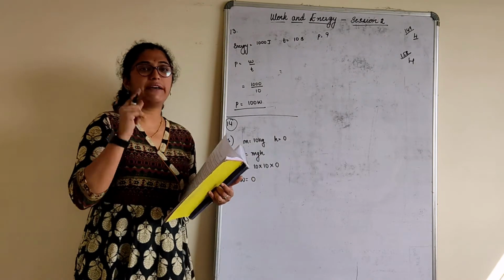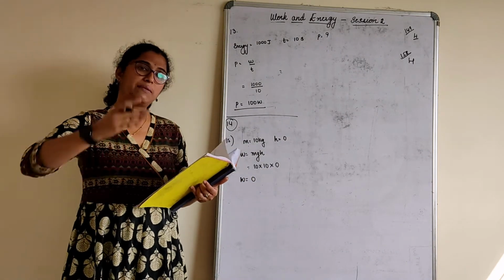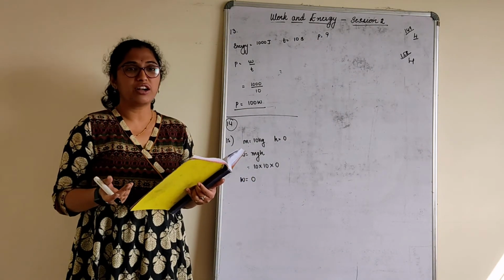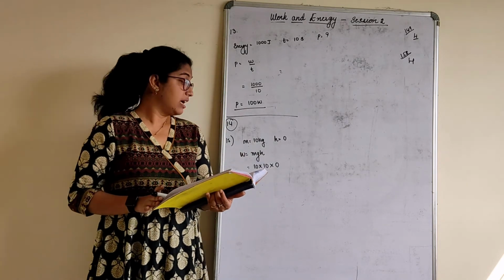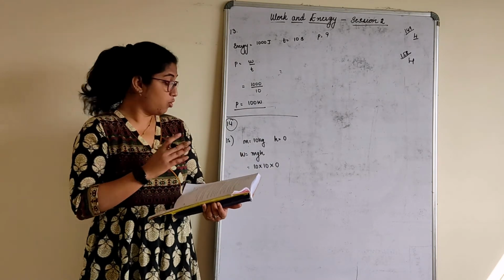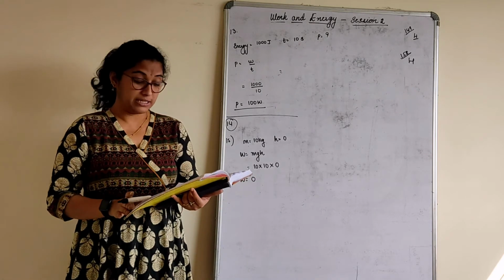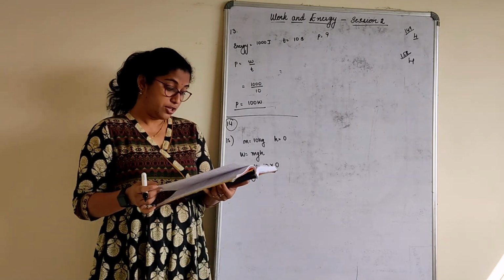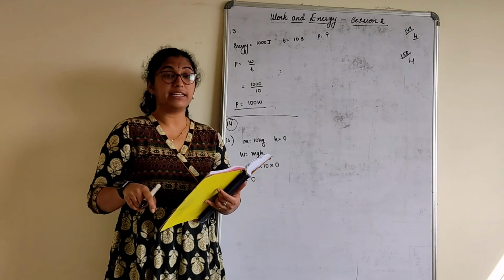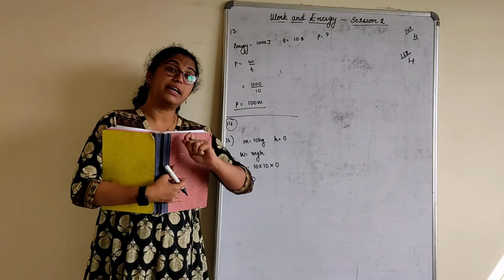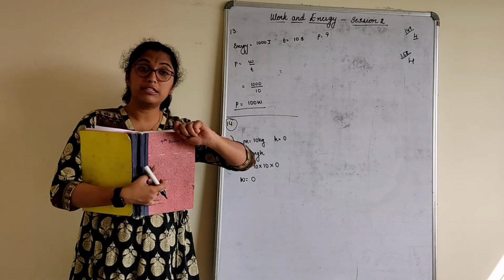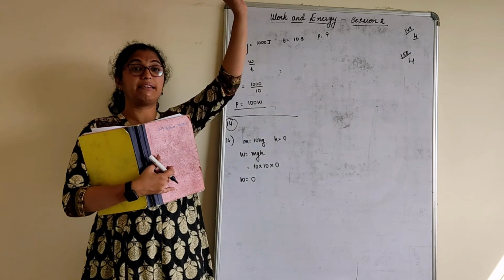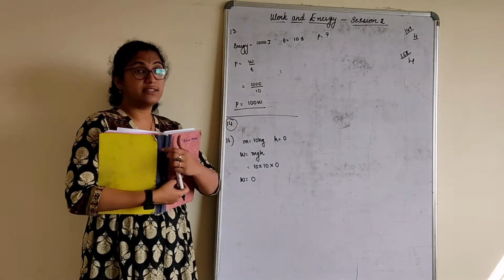With respect to gravitational force when they are asking, that means it has to be lifted. Since we have not lifted it, it is lying flat, so the total work done here will be 0. Because it is the work done by the gravity on the body, with respect to gravity we are not taking it in any direction. Hence it is 0.